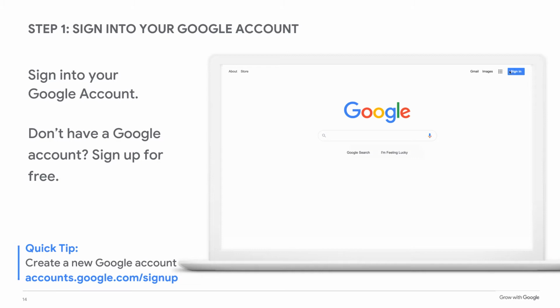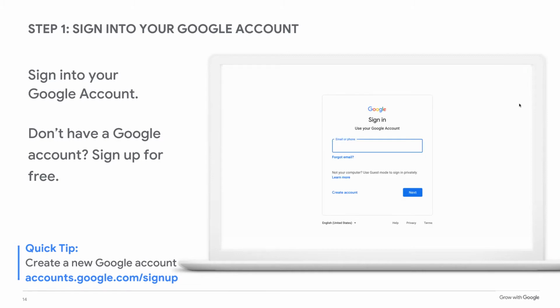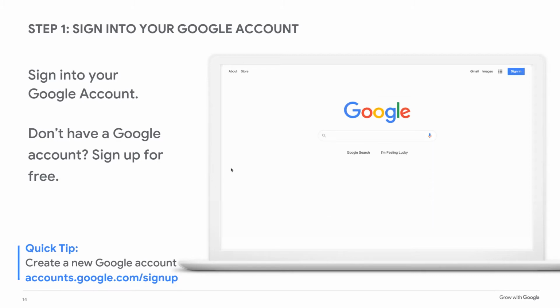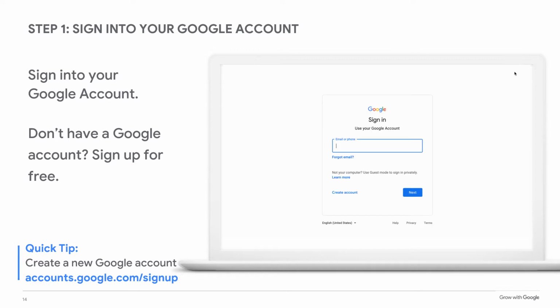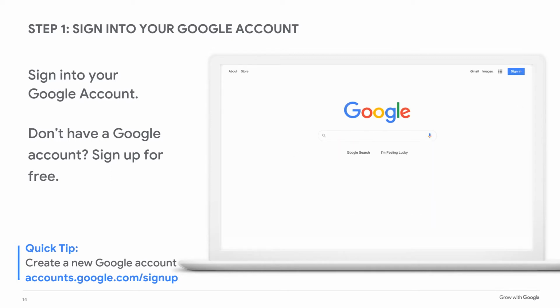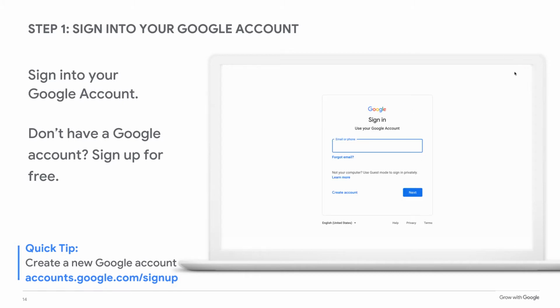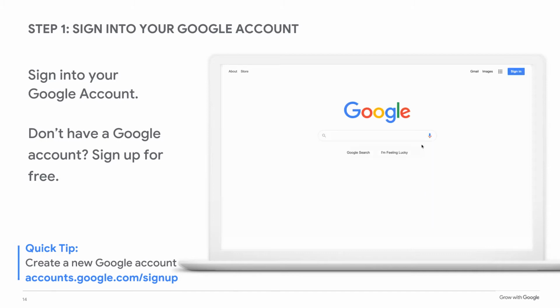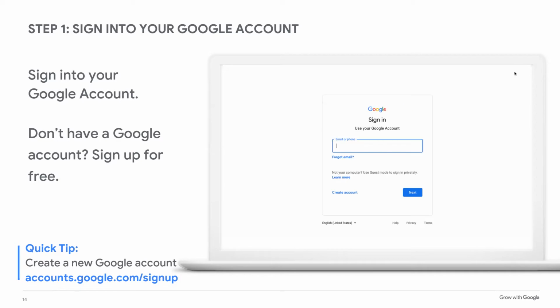If your business or employer uses Google Workspace, you may have an email address that doesn't look like a Gmail address, but is still a Google account. If you aren't sure if your work email is Google Workspace or not, check with your team at work. The Google account you use should be one with an email address you check regularly. Google will communicate with you about your business profile through that email address. The email address used to verify the account is not visible to your customers.